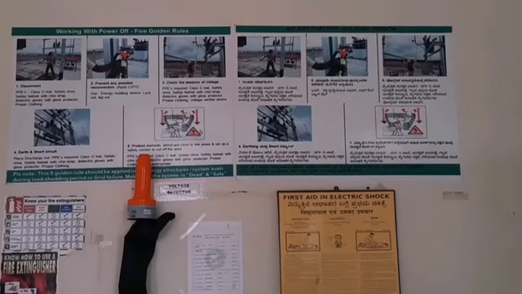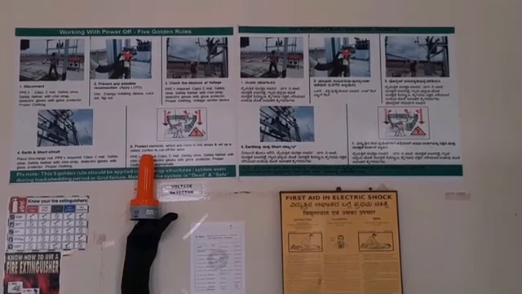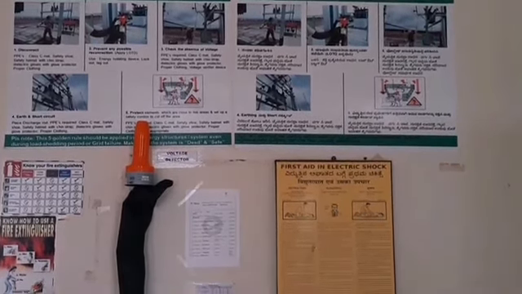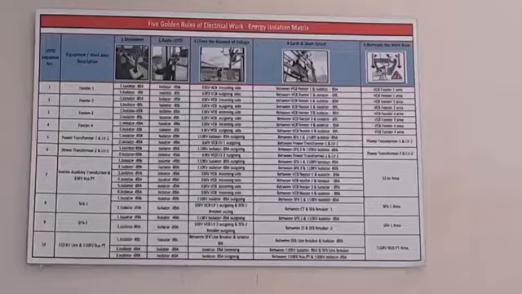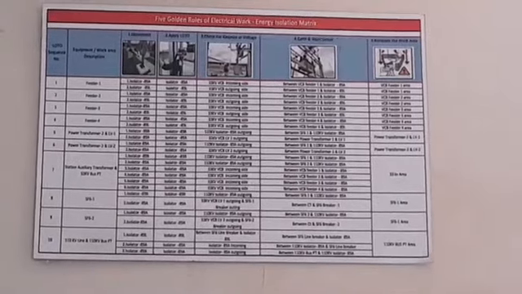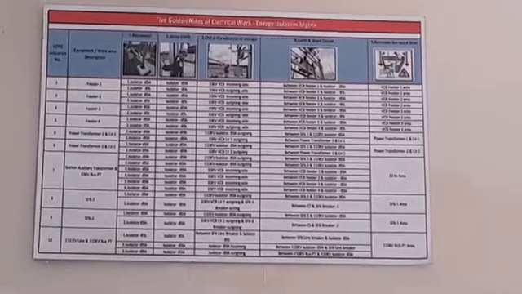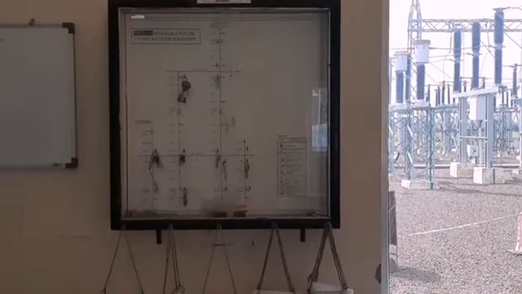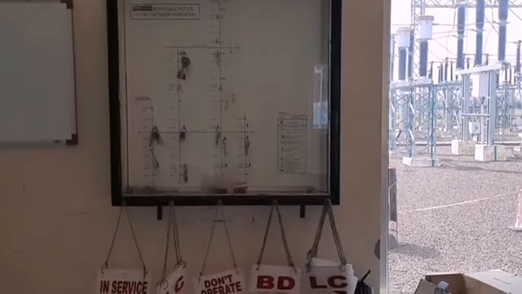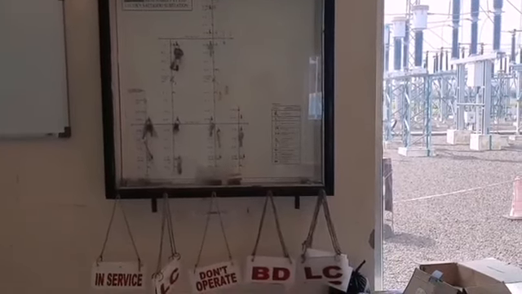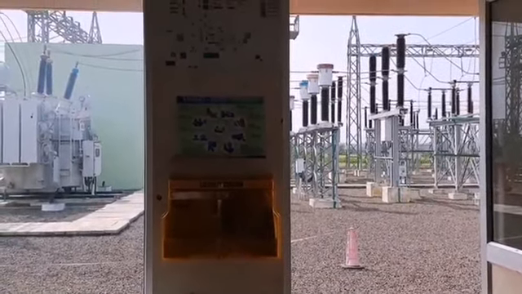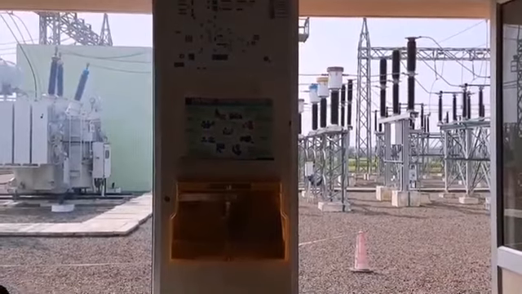So we are carrying out LOTO standards. Here we can see the 5 golden rules chart has been displayed along with the first aid procedure for electrical shocks and emergency contact details. Then there is an isolation matrix displayed for electrical work. It is the single line diagram of our PSS where all the respective keys have also been displayed. Then there is a LOTO station where we have maintained all the LOTO kits required for our necessary works.